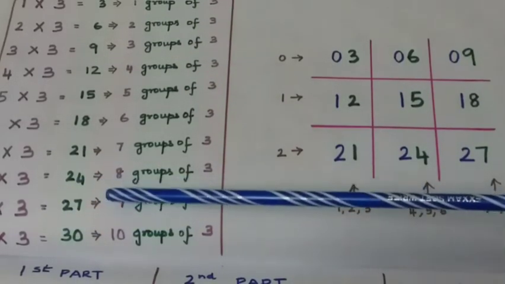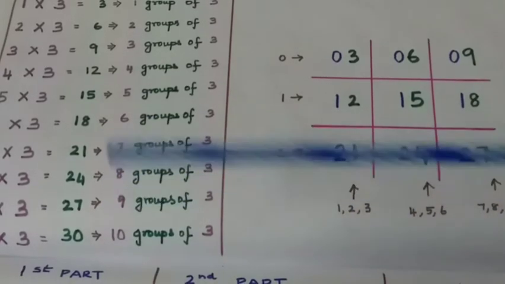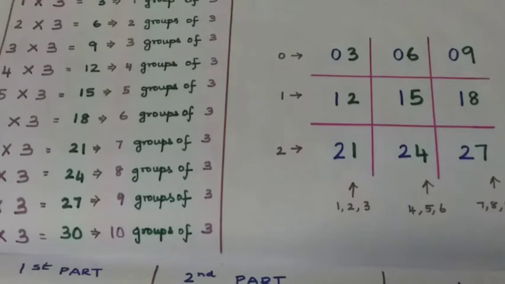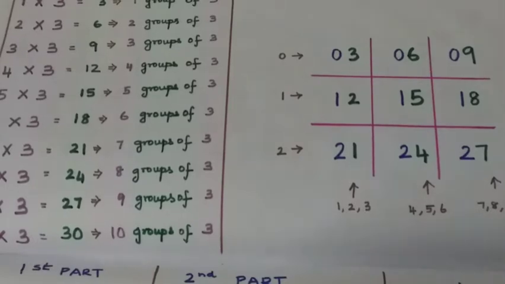Now let's go to the main part, which is our main intention: to make the kids memorize the table, for which we need to explain certain concepts and patterns which are obtained in the results of Table 3, which will make it clear for the kids to memorize Table 3.